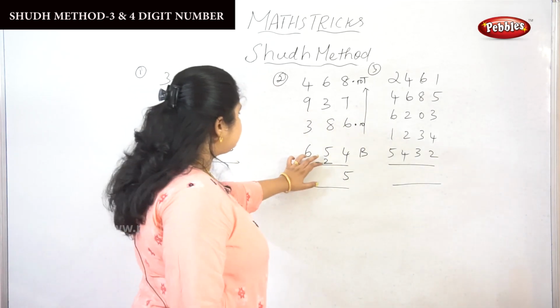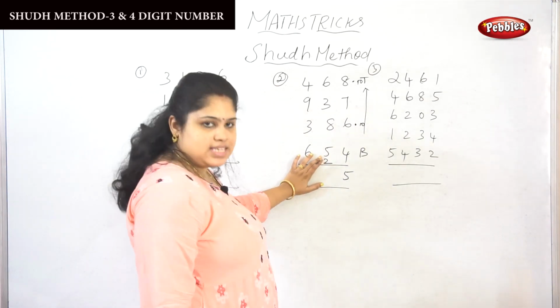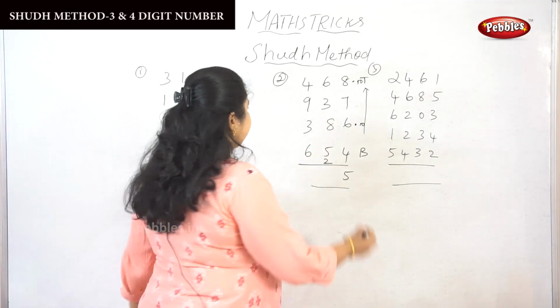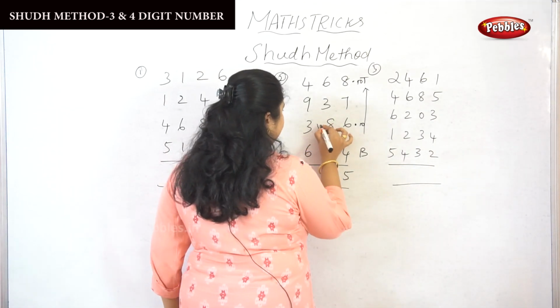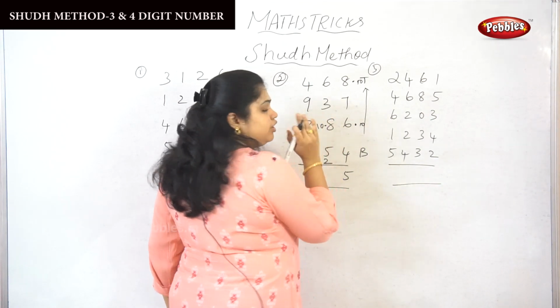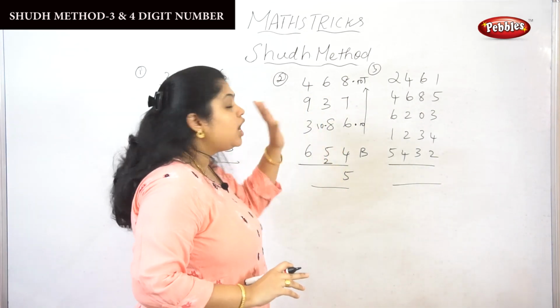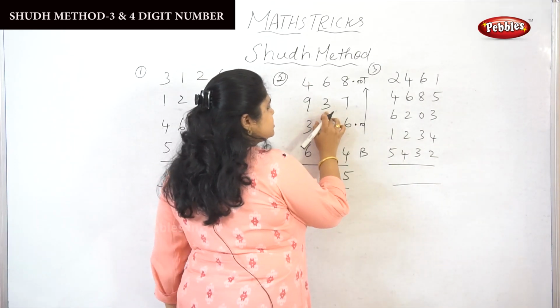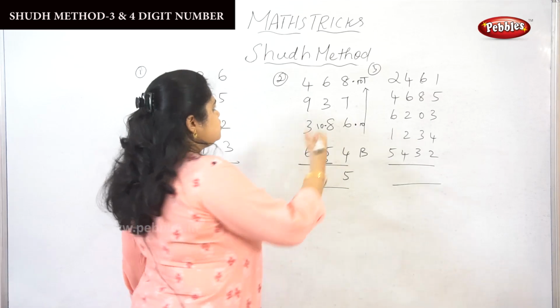Okay, so next 2 and 5 is 7. So 7 plus 8 is 15, isn't it? 15. So I am just leaving the 10 here. So in 15, I have just dropped the 10 here. I am going to carry 5 along to the next number. So 5 plus 3 is 8. So that is no 10.